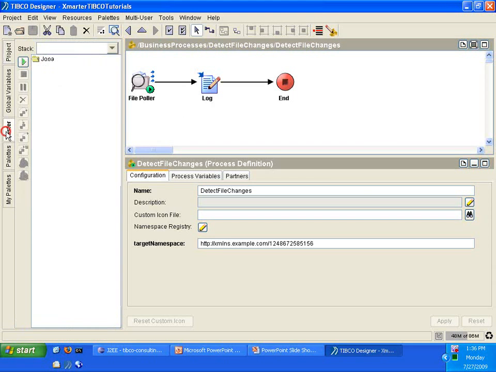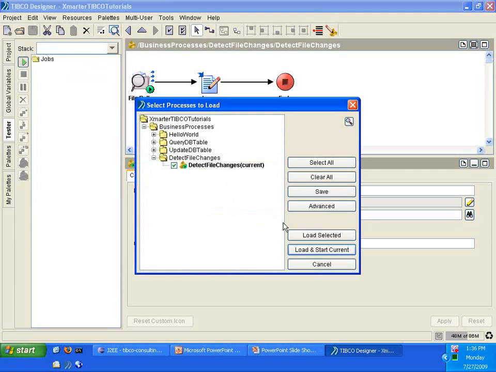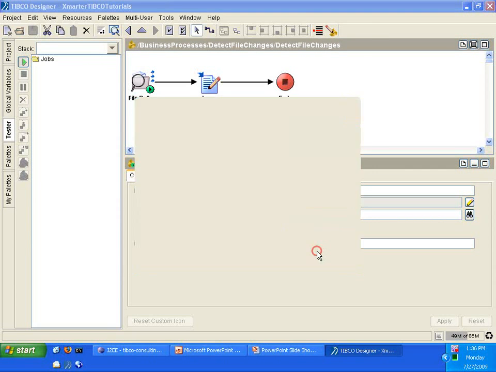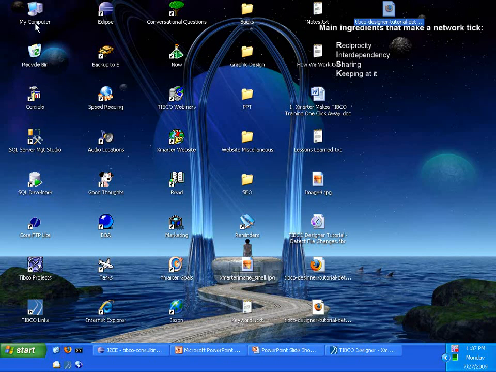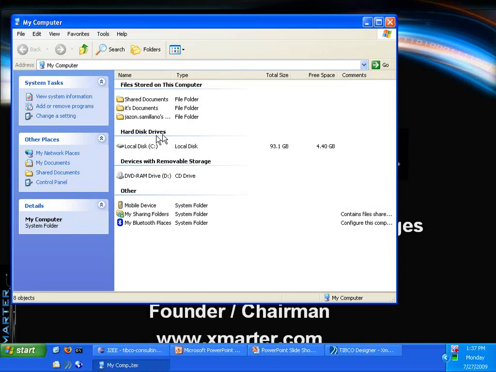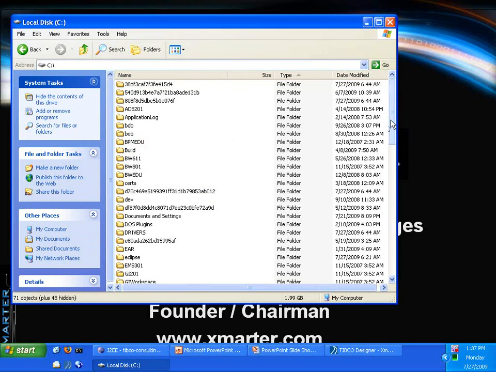So I'm going to go to the tester, and I'm going to click on the start, and I'm going to say load and start current. That starts this detect file changes process definition, but it doesn't do anything. The reason why is because it's waiting for an external event. So let's give it an external event. Follow along with me and let's go to the C drive. Remember, this file poller is going to be waiting for any file changes in the C drive, any file that